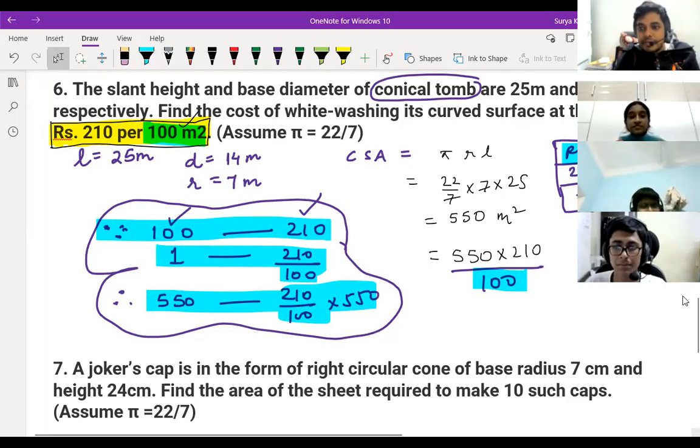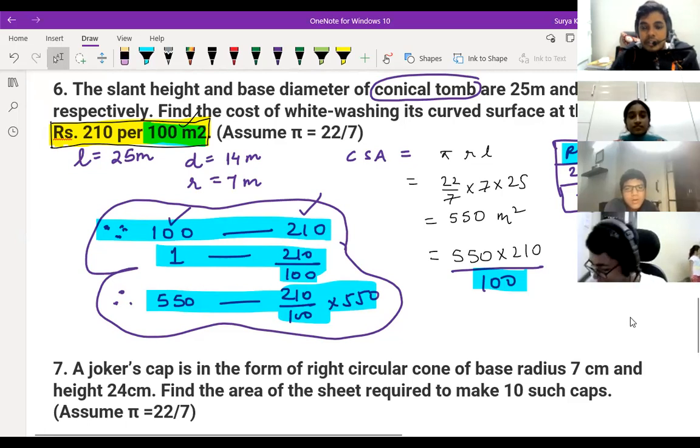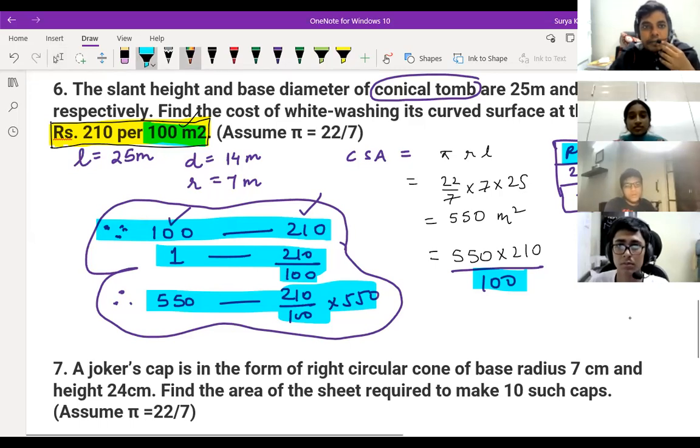Yes, sir. Sir, could you repeat that 100 divided by 100 part? So I am getting 1155. Yeah. What should I repeat, Nihar? Which one are you asking? Sir, the last way you told, that 100 divided by 100. This one you are saying.